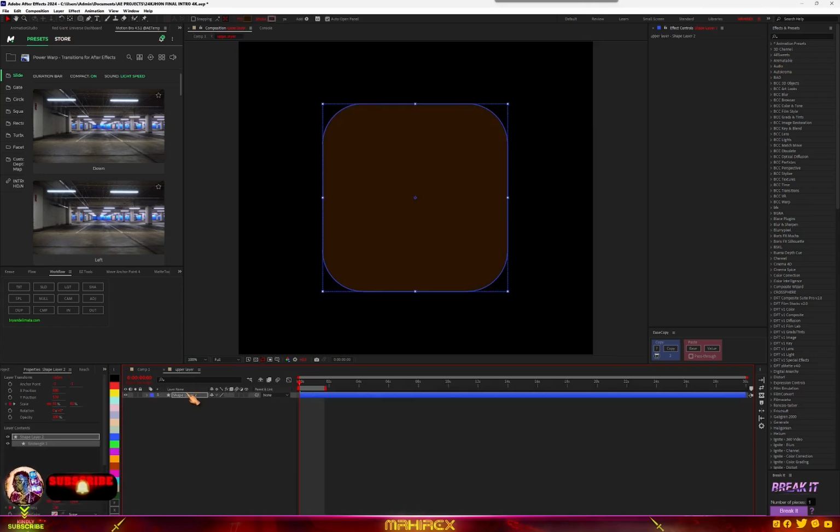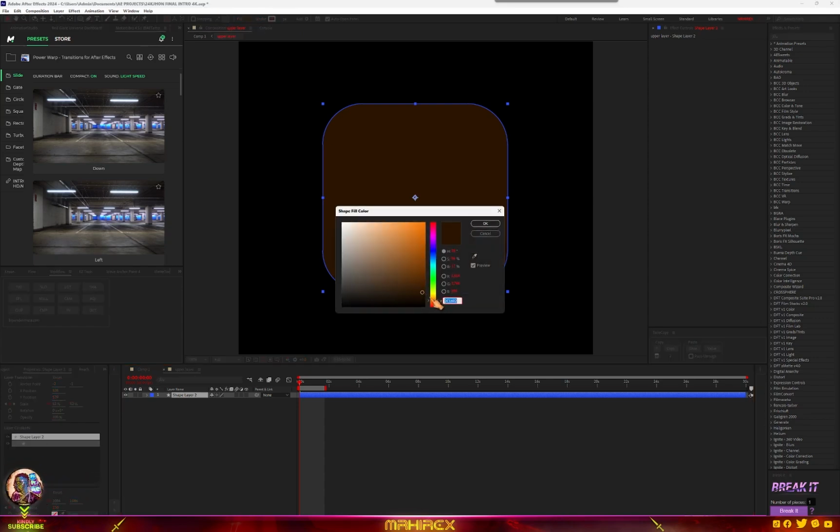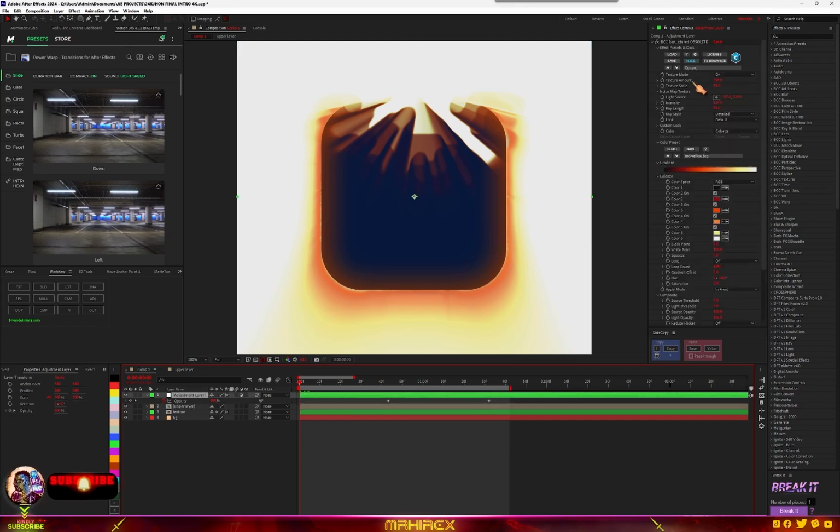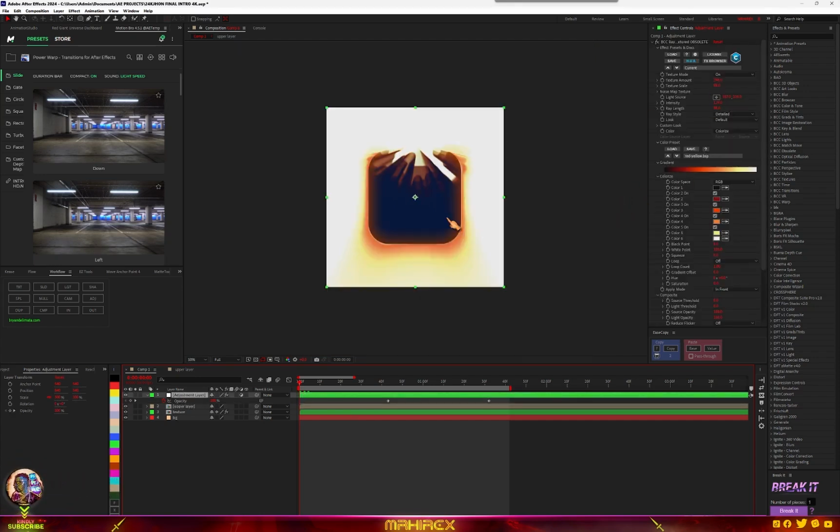So I'll go for something bluish. Let's go for blue, and I'll select this. I'll go for dark blue. Let's go to our comp, and now you can see the changes here. So let's go to our adjustment layer, and let's try and make some changes here. So I'll go to my texture. I will make sure